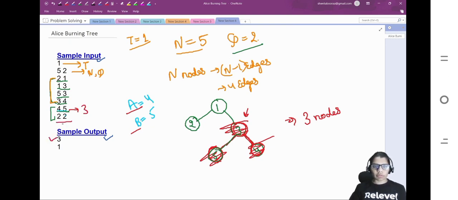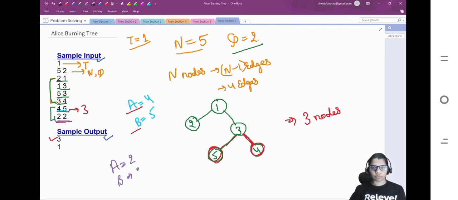Now your next query is, and for every query, your tree would get restored again. So here your tree will get restored again. Now for the next query, you are having A as 2 and B as 2, right? So now you have to burn only one node, that is 2, right? So A is 2 and B is also 2. If you only need to burn node 2, there is no need to burn any other node. So we can directly just put fire on 2. In this particular case, to burn 2, you will need only to burn one node, and that is your answer,